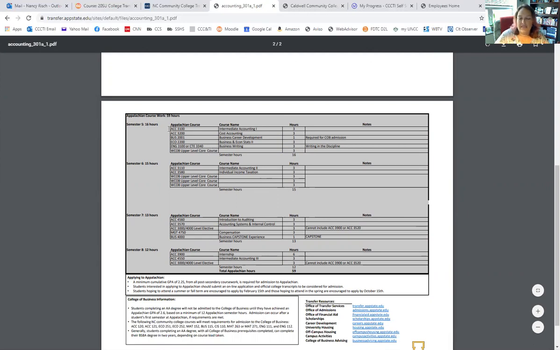Semester 5 is basically like your junior year, your first semester, second semester. Semester 7 and 8 are basically going to be your senior year. Now, sometimes there's a whole bunch of electives there, these upper level core classes or whatever. It'd be great if you can look at some of those and figure out what you want to